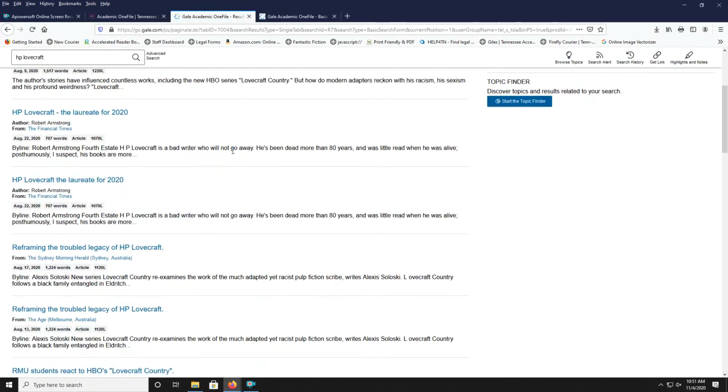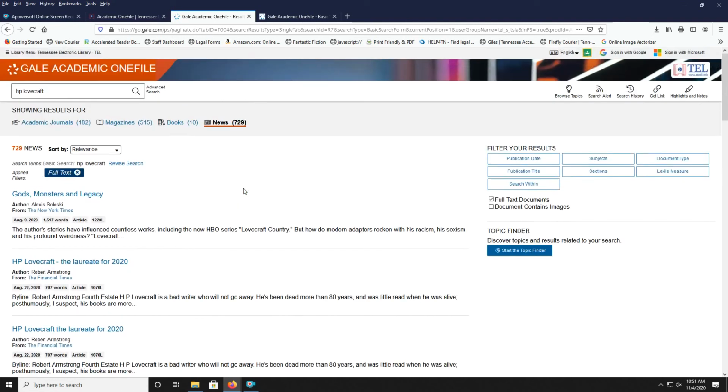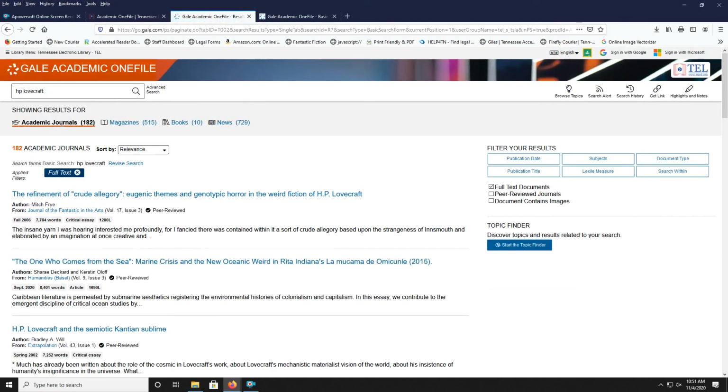News, again, things about recent stories about Lovecraft. Again, Lovecraft Country comes up, and you can see that it's from a newspaper. But we're going to go back to academic journals, and we're going to talk about how you can find some